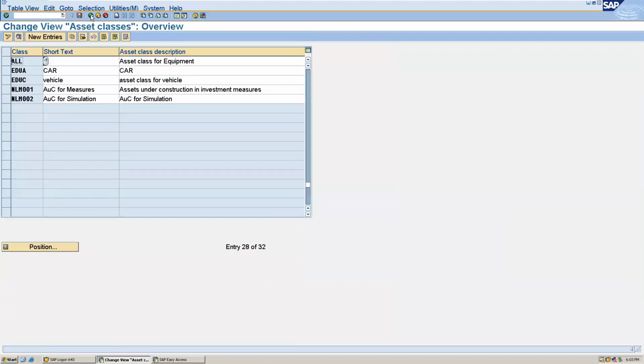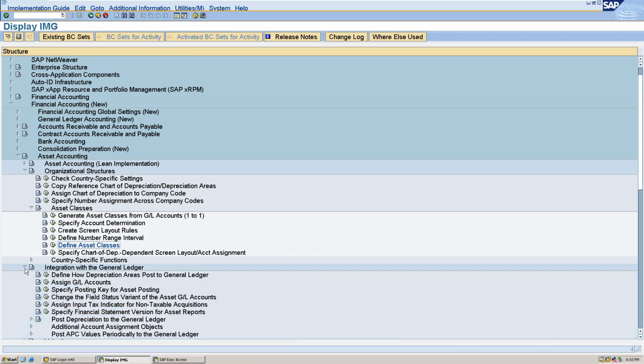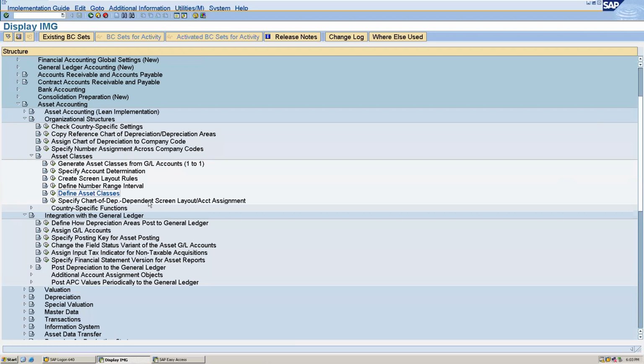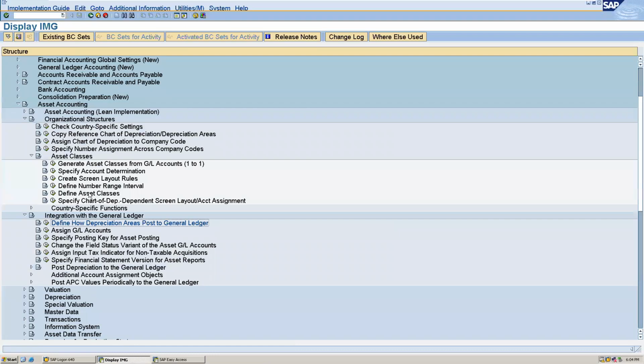Go back. Here you can see integration with the general ledger. First we will see how the depreciation area posts to the general ledger. These we have already defined, so no need to do anything. Go back and give this, assign GL accounts.